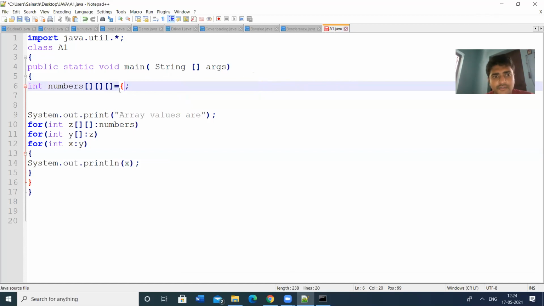We have to give the values as pairs: 1, 2, 3, 4.